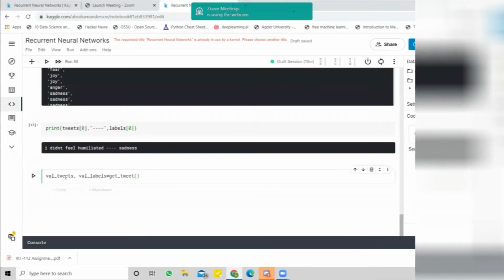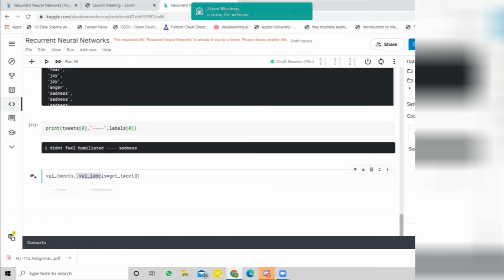So the first outcome will be assigned to my val tweets variable. You can name whatever you like, and the labels, the second outcome of my function, will be assigned to the second one.